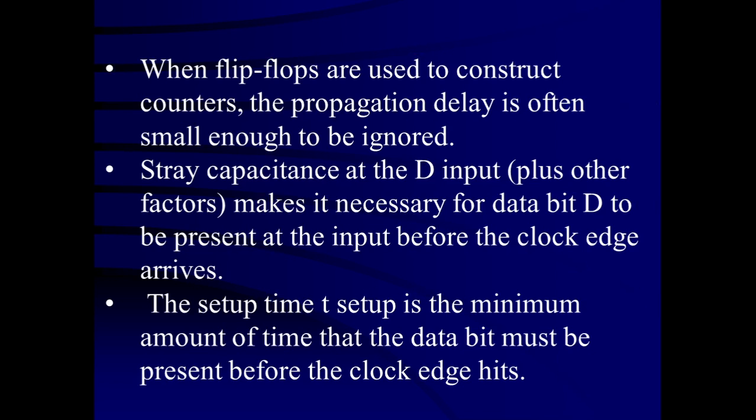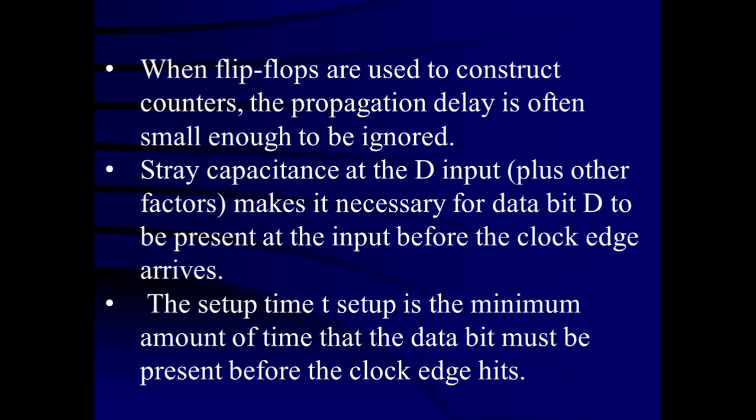When flip-flops are used to construct counters, the propagation delay time is often small enough to be ignored. So when we are utilizing a JK flip-flop to work as a counter, the clock period is very large, and hence for counting the number of clock pulses, we can ignore this propagation delay time. But